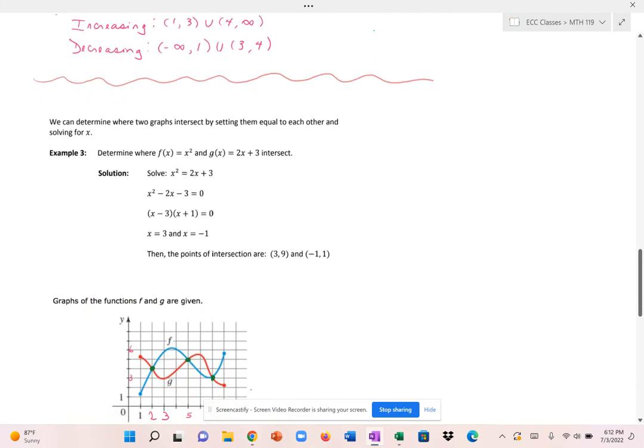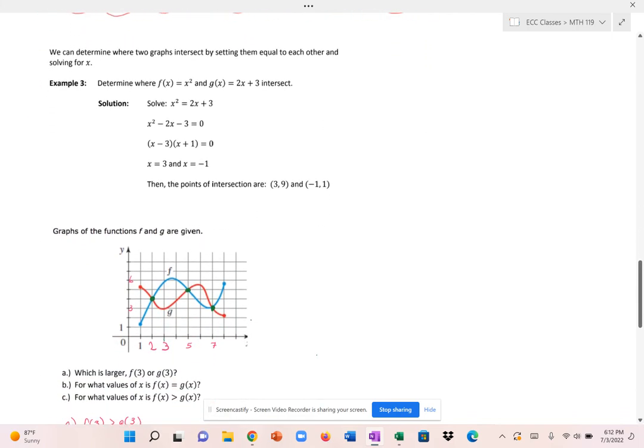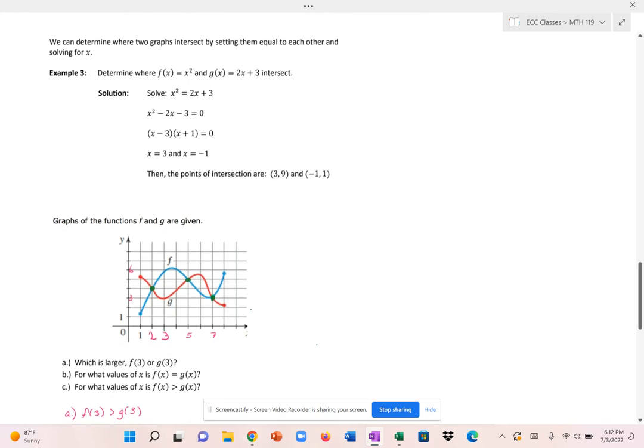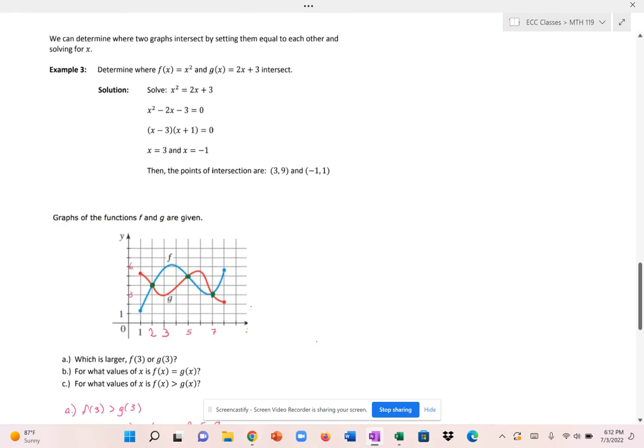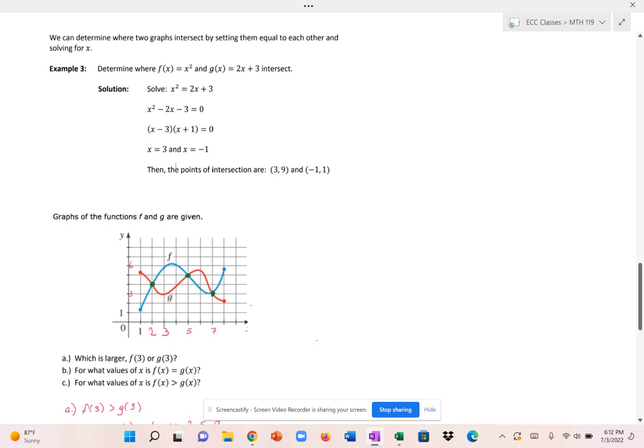So here's a picture, the graph of two functions, f and g. F is in blue, g is in red. And you can definitely see that these two graphs intersect somewhere. And I highlighted the points of intersection in green. That's where f and g would be equal. So we're going to answer some